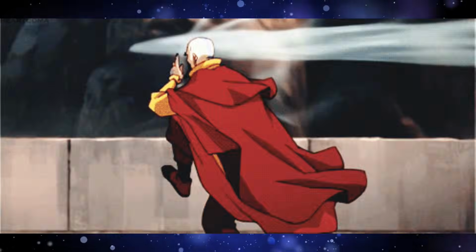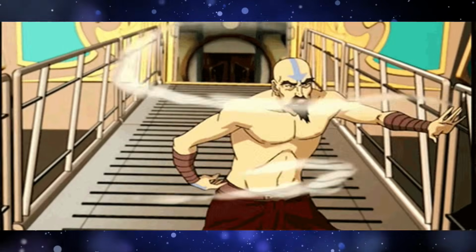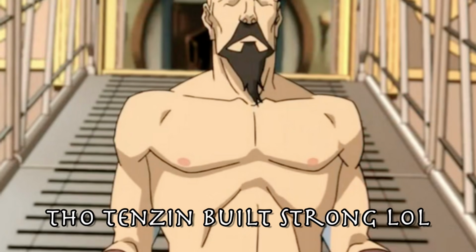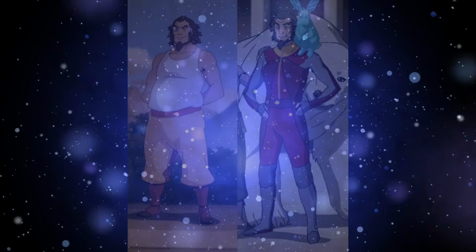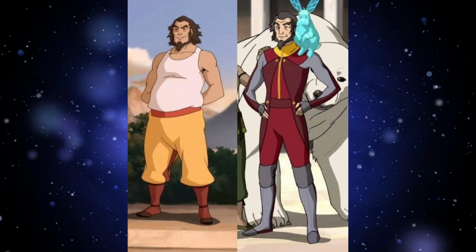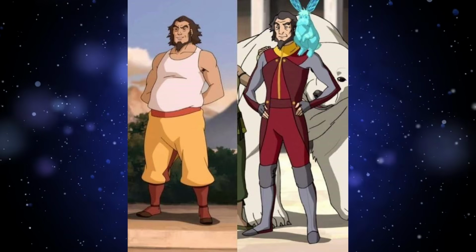Because they are meant to be light on their feet, it makes sense why their movements and vegetarian diet keep them slim and trim, and why excess weight or bulk would be unwanted. Funny enough, you can see this in book 3 to 4 of Legend of Korra with Bolin. He was more hefty in book 3, and then after the time skip of doing all the airbending training, he's trimmed down a bit. So each style has its pros and cons, but tell me down in the comment section,